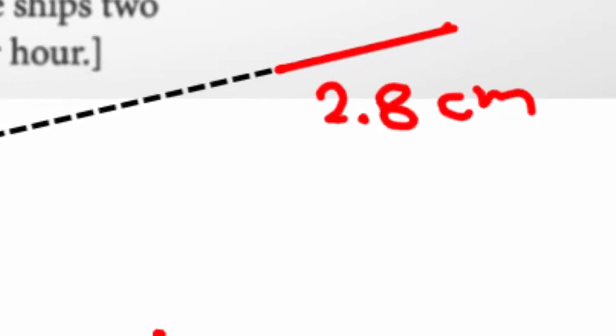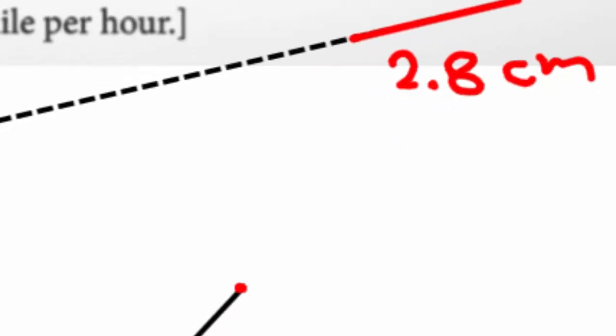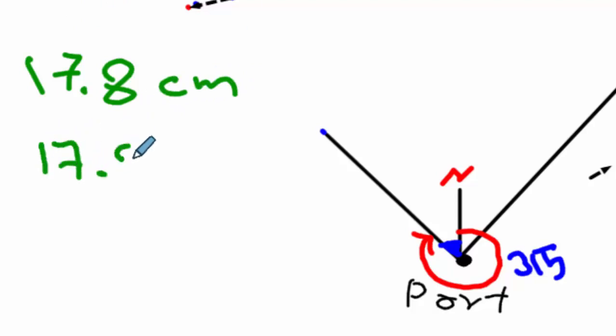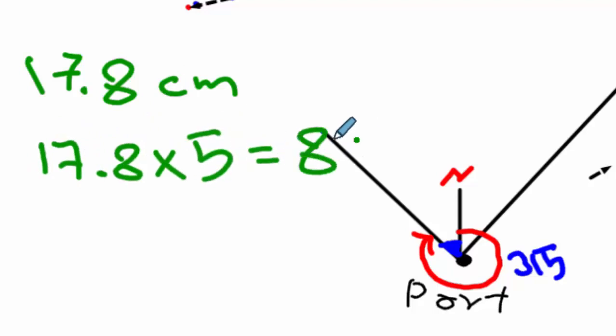So the total distance between them is 17.8 centimeters. Since the scale is 1 centimeter represents 5 knots, so 17.8 times 5 is equal to exactly 89